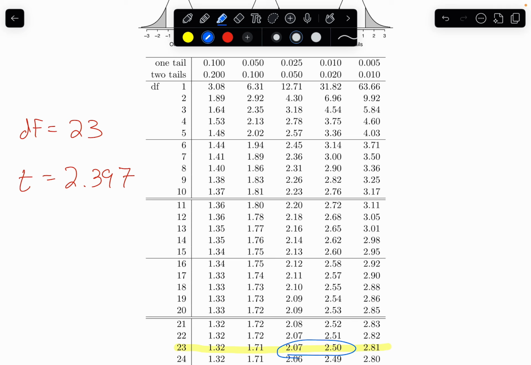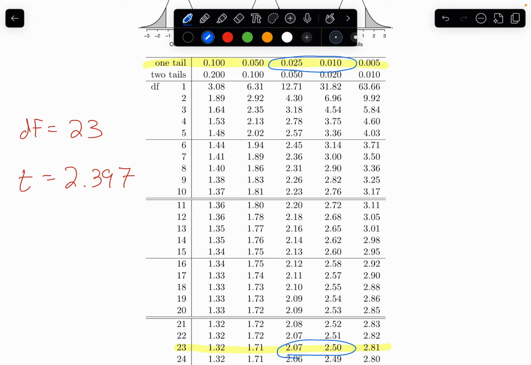We also said, one other thing I want to mention, is that we were doing a one-tailed test because our alternative hypothesis said mu is greater than, I believe it was 3.13. So that means we're doing a one-tailed test. We're looking at these probabilities up here. So that means that my p-value is going to be somewhere between 0.01 and 0.025. So it's somewhere in that range. Remember, I can't say exactly what it is using this method. I can just have an idea of where it lives, and that's enough information for me to make my decision